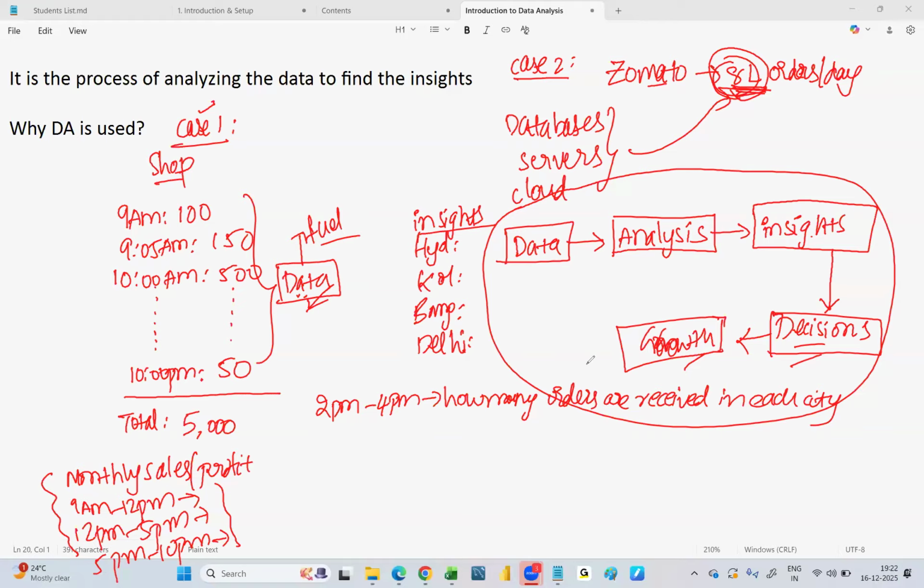Okay, if you want to be more particular, how many non-vegetarian orders are received? In all the cities you will go and find it. Then you are going to get the total sales values. In whichever city you are getting less amount of sales, you will try to improve in